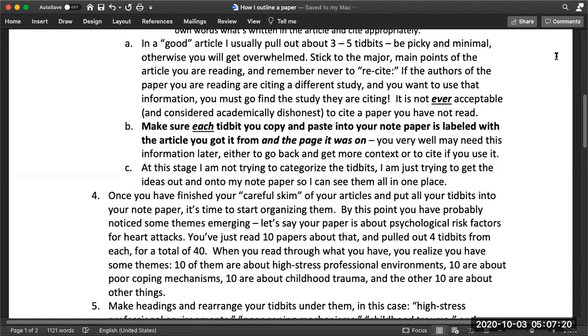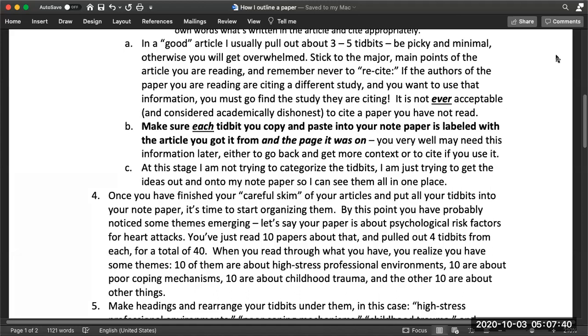Okay, so at this point, all you're doing is copying and pasting. You are not trying to organize anything. You're just doing some reading and basically taking some notes electronically. Okay, so once you've finished your careful skim of the articles and all of that, what you're going to do